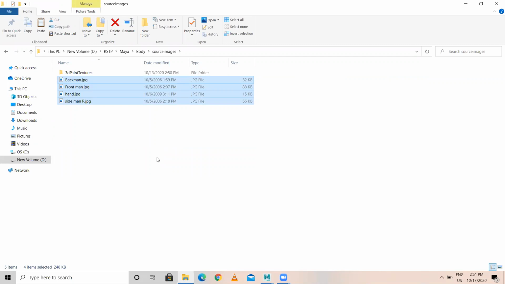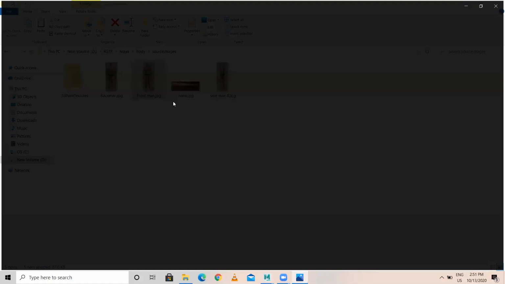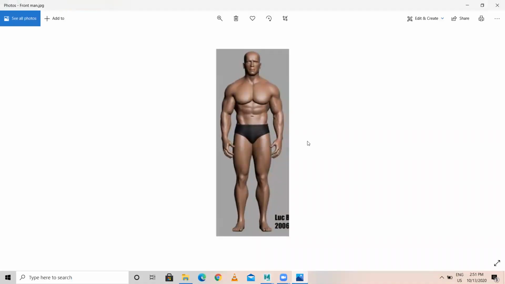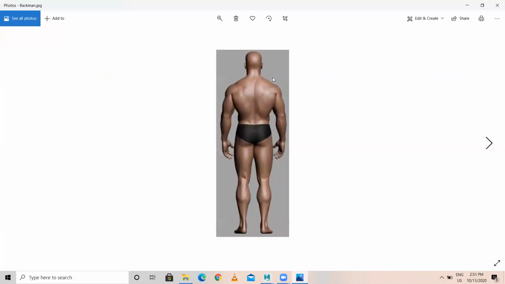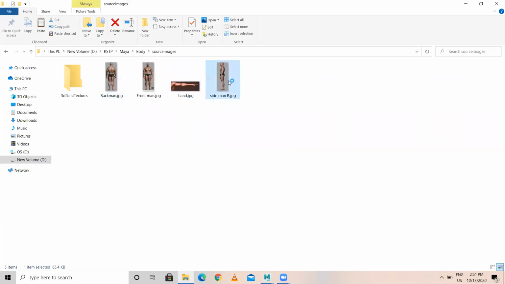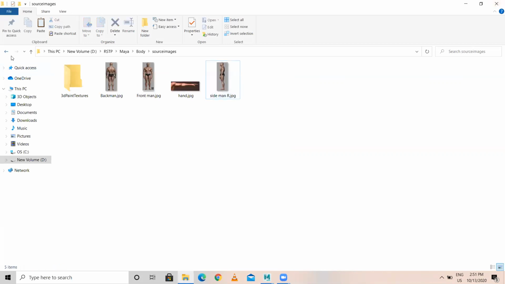After this, see these images I'll be sharing with you also. I have a front view, and I have a back view also, front view, back view of a character, and I have side view. Till now, we were placing reference images only in one particular view, and we were working. But now it's not like that. Front and side is mandatory when we work on characters.